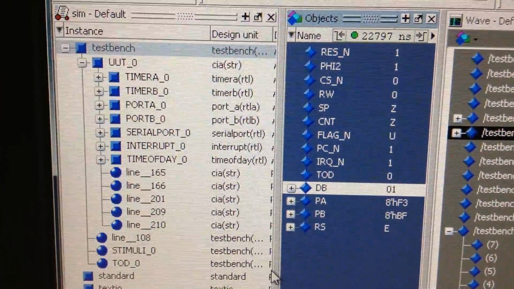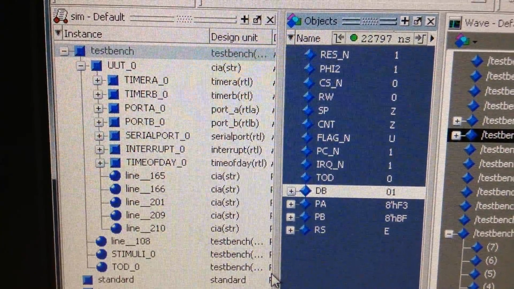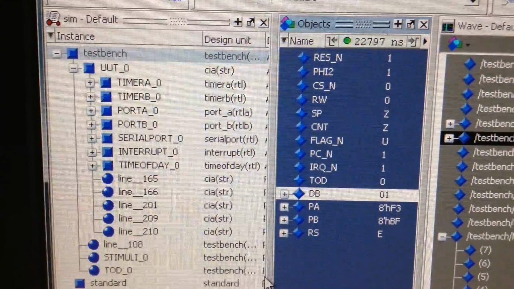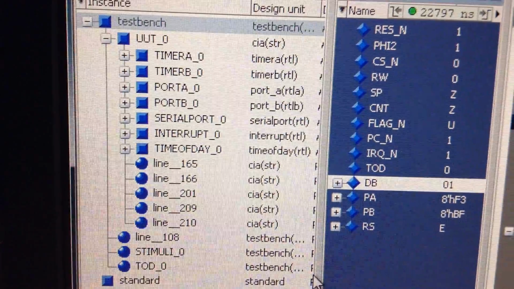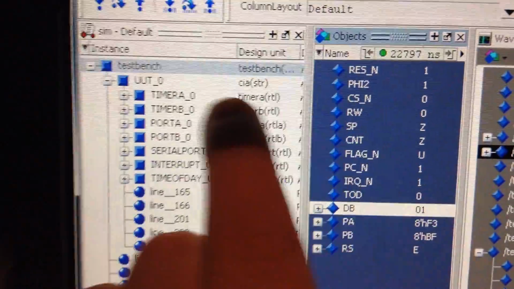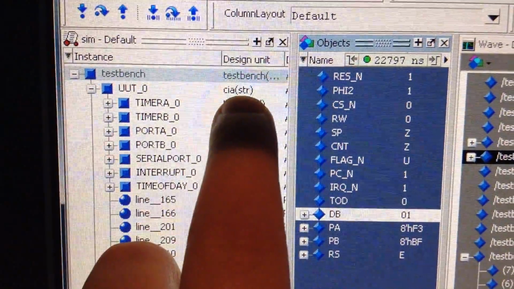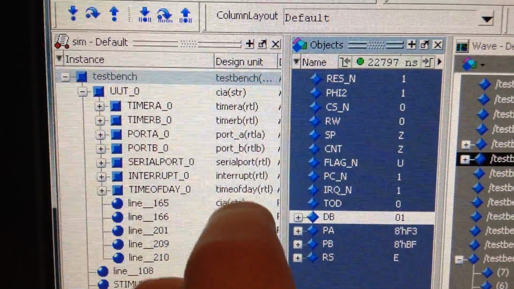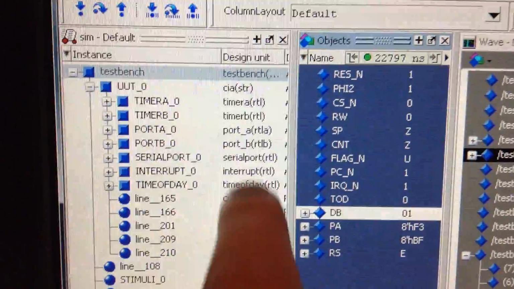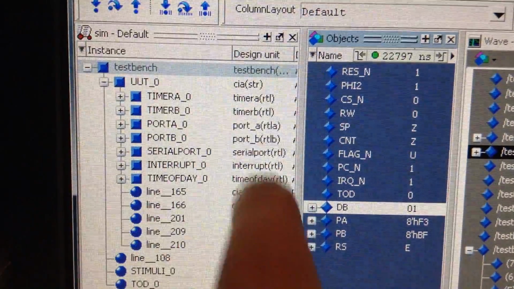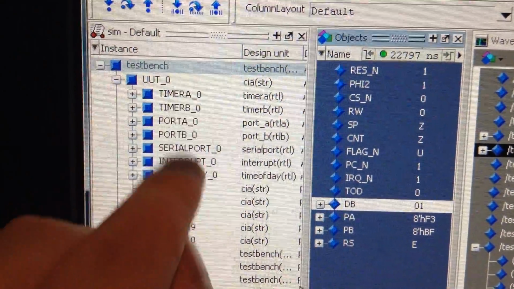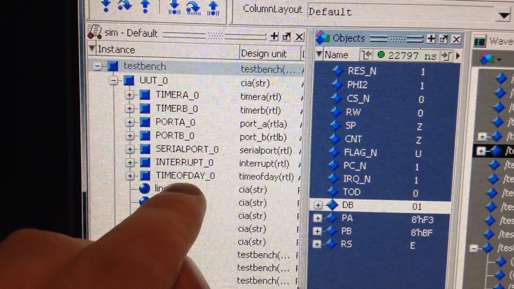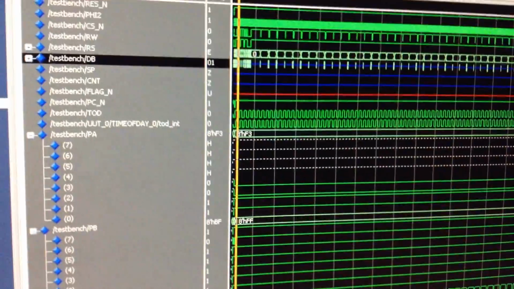Hi, just a quick update on the VHDL 6526 CIA IC for the Commodore 64. I have made a top level which then connects together all of these other entities. So all of these are entities anyway, but this one has all of these modules. And a test bench. And the cool thing about the test bench now is that